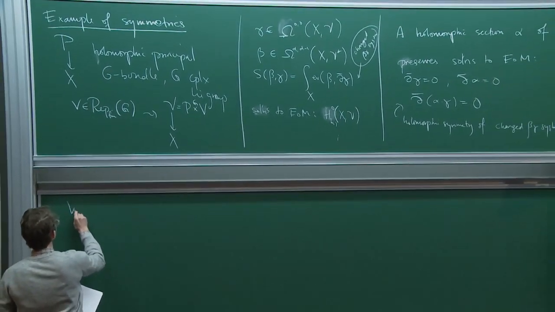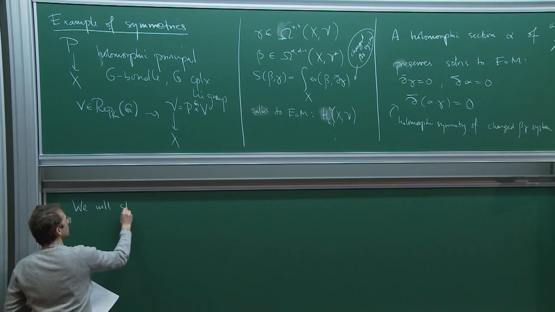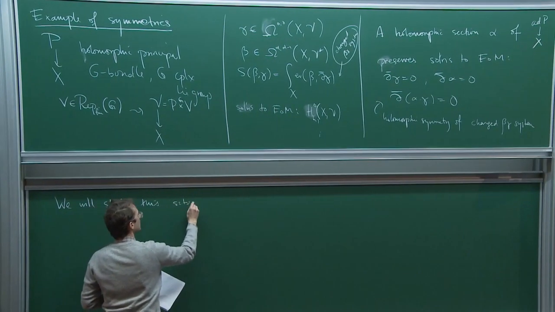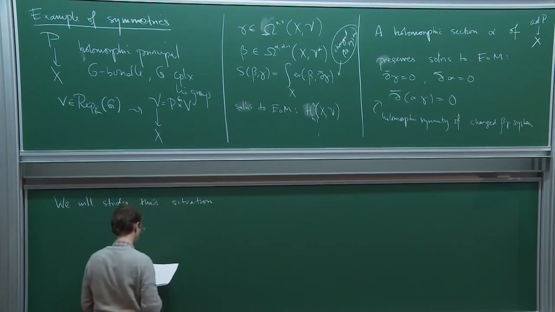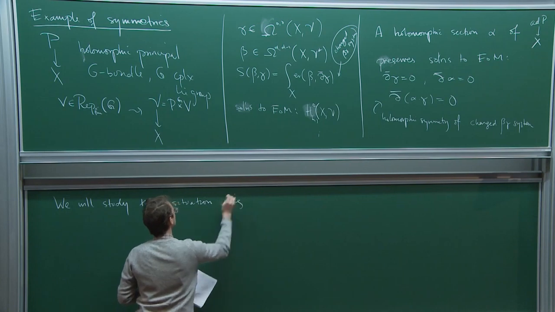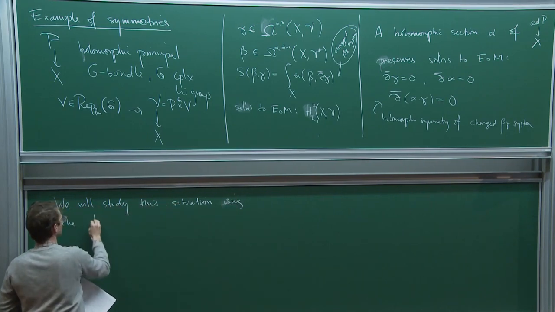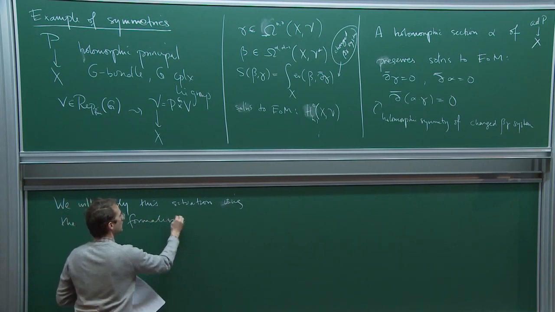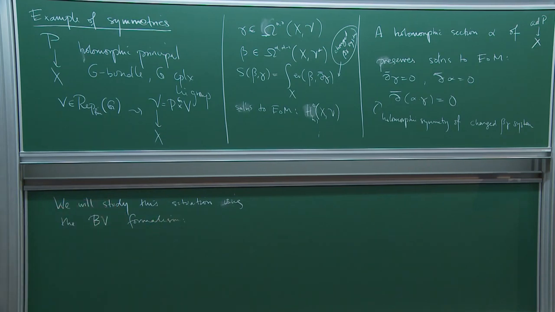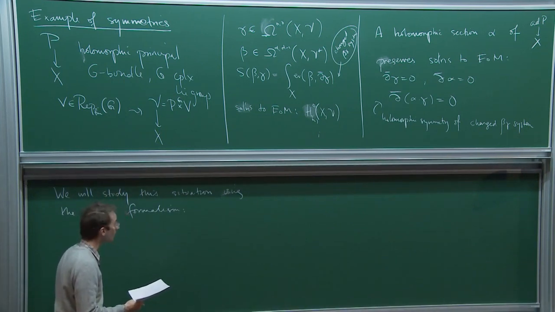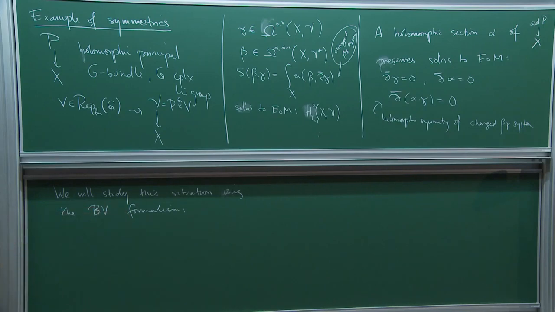So we will study this situation using the Batalin-Vilkovisky formalism as articulated by Kevin Costello. So we're going to use some of his renormalization techniques and the language of factorization algebras and things. And so the flavor of our results